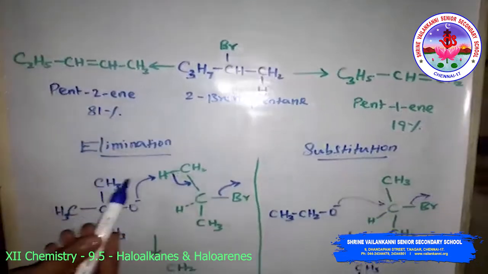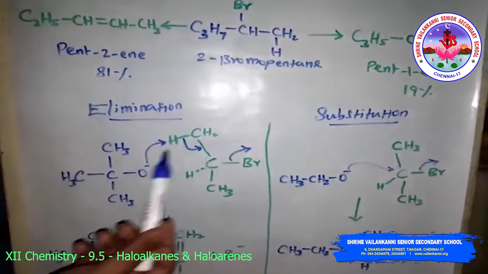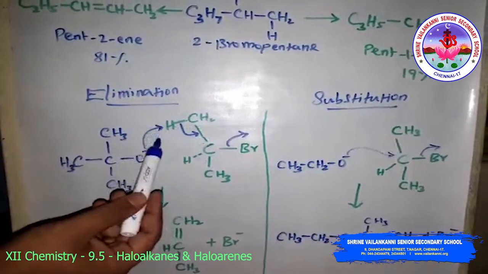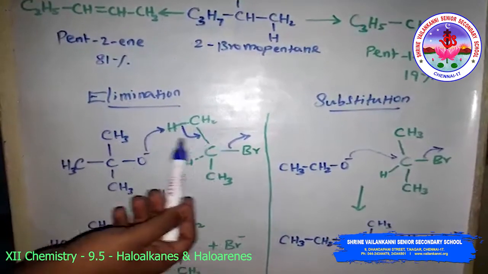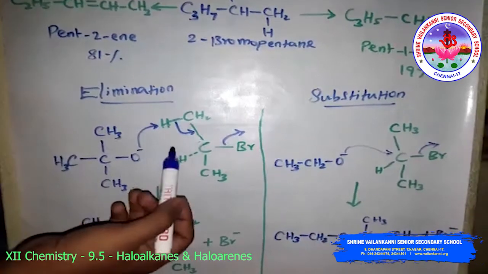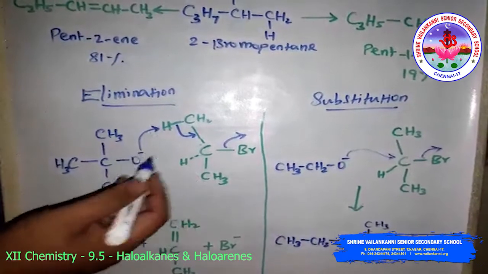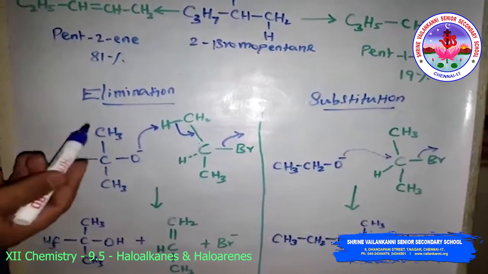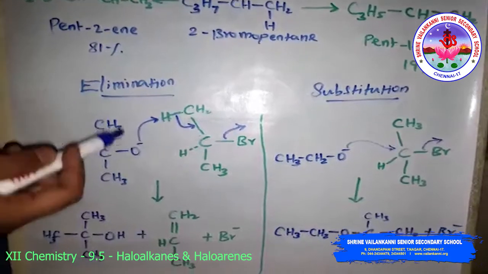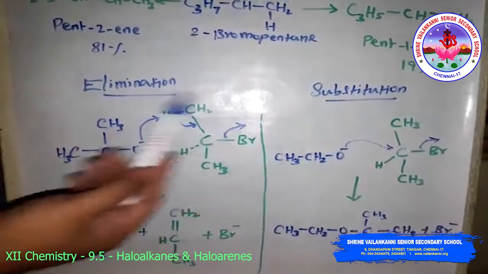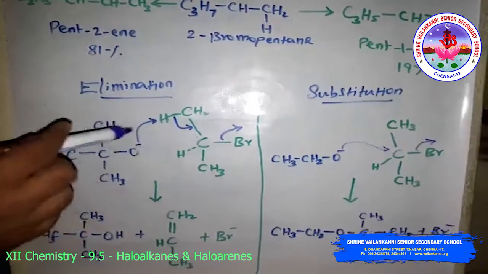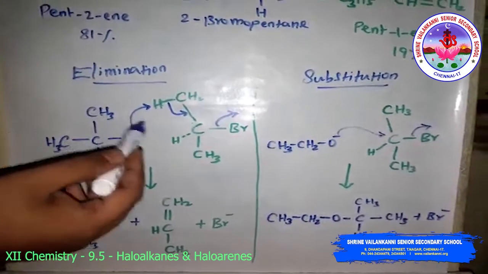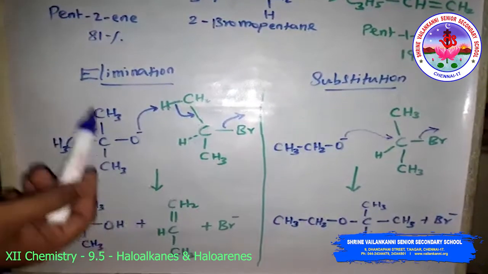And now elimination versus substitution. A chemical reaction is the result of competition. It is a race that is won by the fastest runner. A collection of molecules tends to do what is easiest for them. An alkyl halide with a beta hydrogen atom, when reacted with a base or a nucleophile, has competing routes, that is SN1, SN2 and elimination. Which route will be taken depends upon the nature of the alkyl halide.